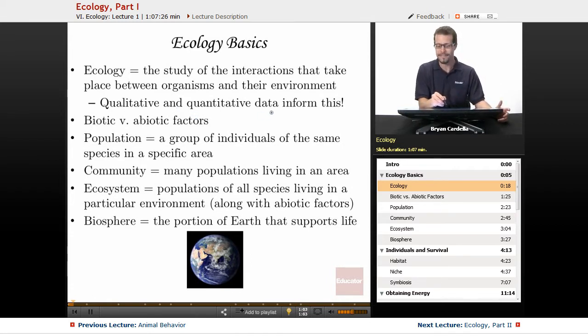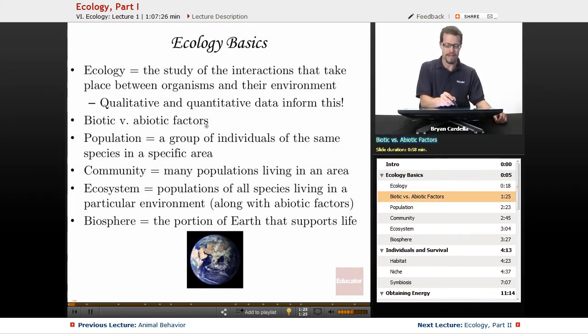And then quantitative data would be all those things involving numbers. So if there's 3 centimeters of rainfall in a day, that's quantitative. If an organism's energy consumption is a particular amount per day, we can measure exactly how much organic compounds they're consuming.